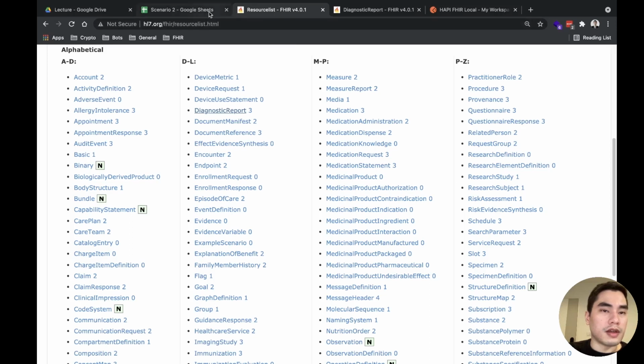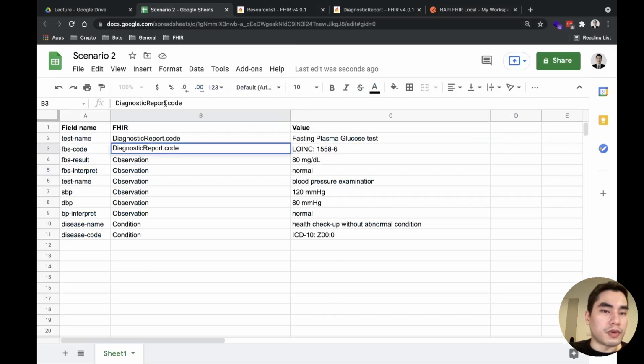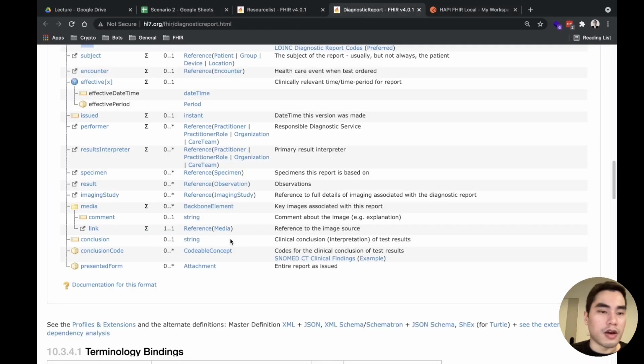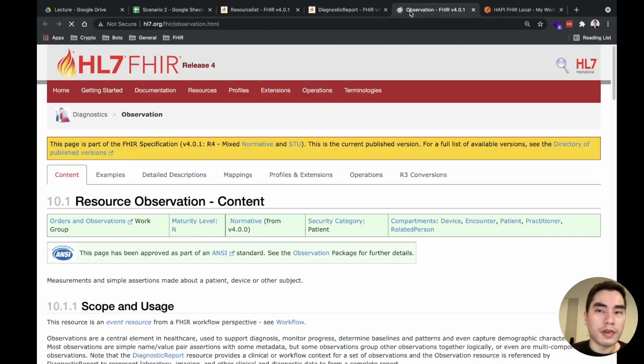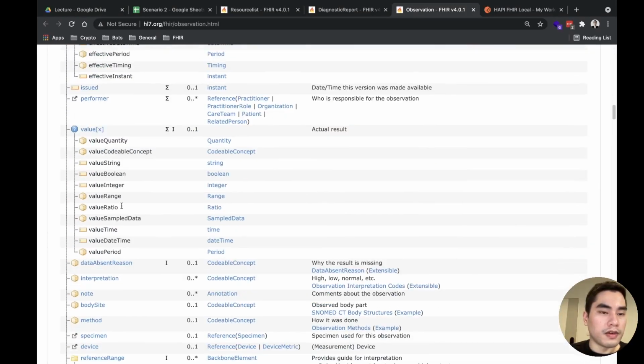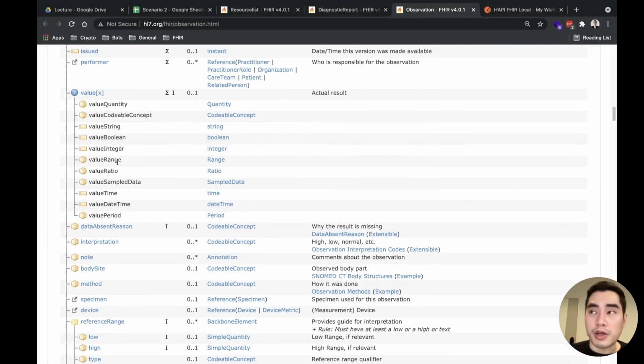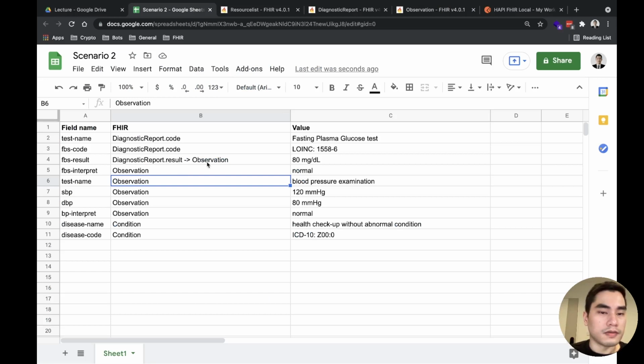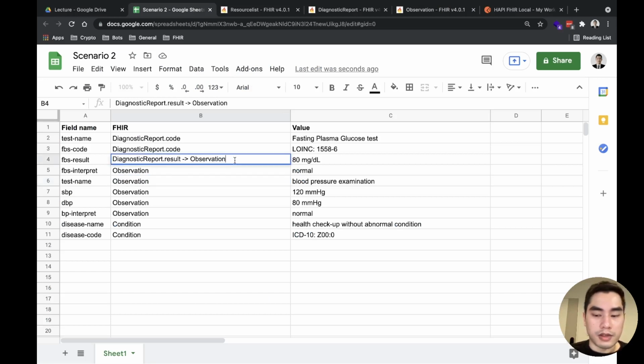So it's diagnostic report dot result that is referring to the observation, and in the observation we have the value, this one, and because the fasting blood glucose is measured in quantity, it will be value quantity, this one.